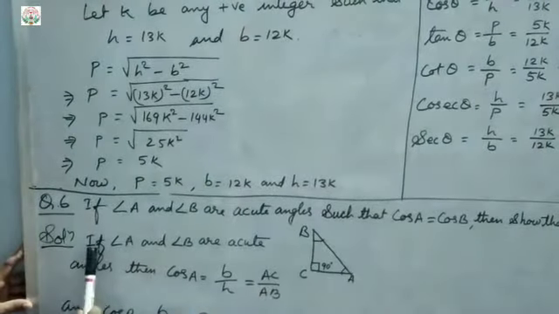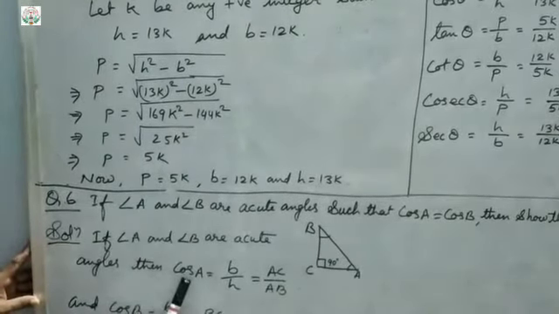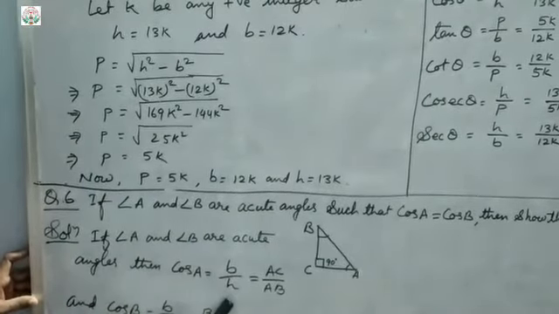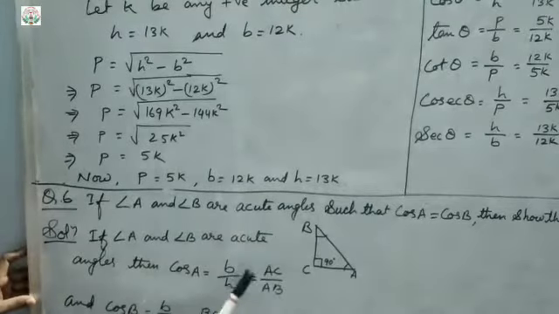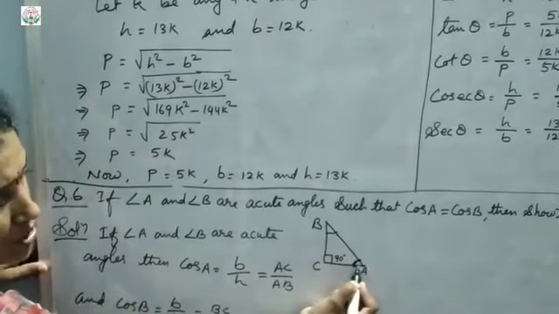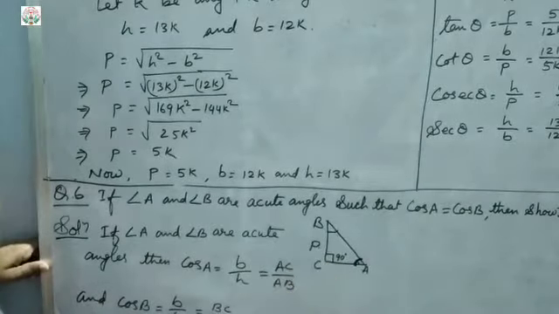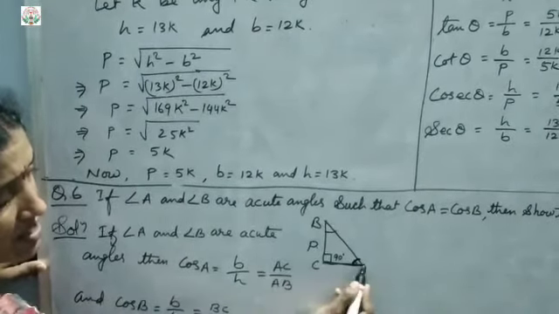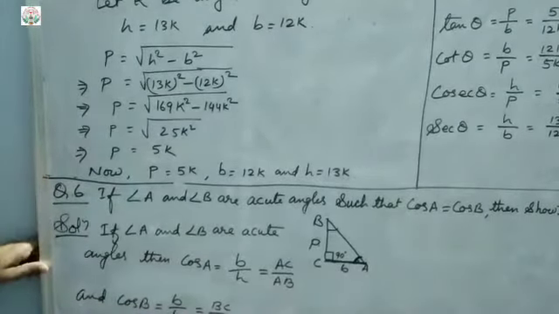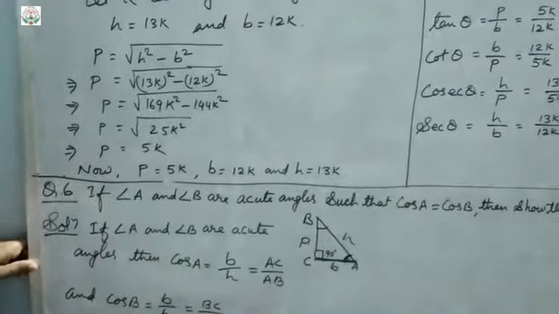Now the solution. It is given that angle A and angle B are acute angles, then for the trigonometric ratios, cos A will be B upon H. We have seen that. Now cos A means which angle? This one. This is cos A. So for angle A, the opposite side is BC, which is the perpendicular. And the side on which the angle is lying is the adjacent side of angle A. So that is B. The adjacent side of angle A will be B. So now we know cos A, and this is H. 90 degrees opposite.